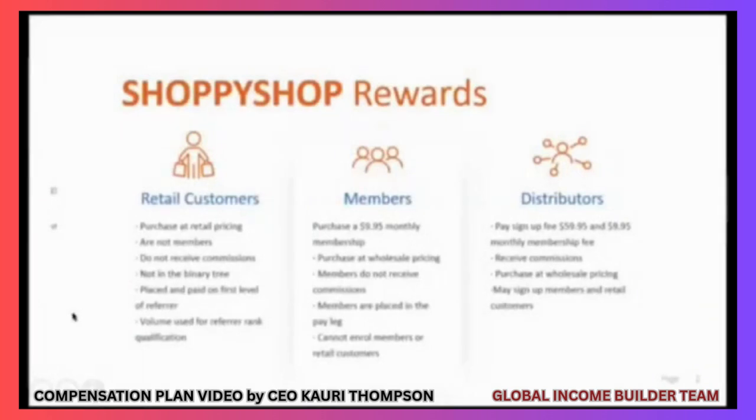And then members, they're also placed in the pay leg. Now, this is really important. We are placing any of your members that come in for $9.95 into your pay leg, right? This is in the binary, in the front tree. So the front tree, the binary is all the $9.95 memberships, and it's also the initial purchase of $50 to